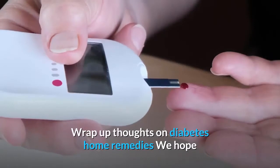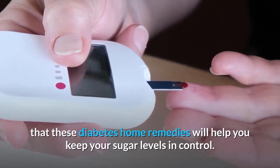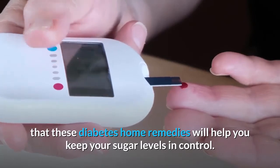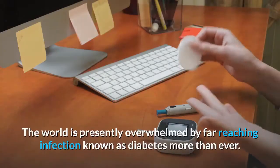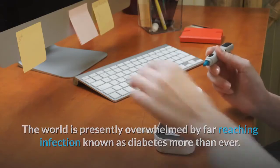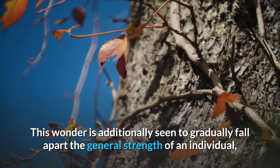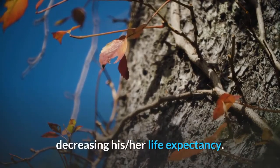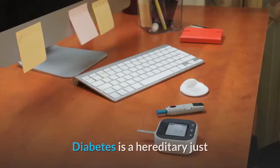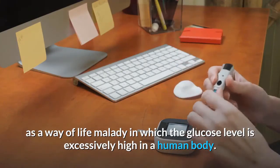Final thoughts on diabetes home remedies. We hope that these diabetes home remedies will help you keep your sugar levels in control. The world is presently overwhelmed by a widespread disease known as diabetes more than ever. This condition is also seen to gradually deteriorate the general strength of a person, reducing his life expectancy. Diabetes is a hereditary as well as a lifestyle disease in which the glucose level is too high in